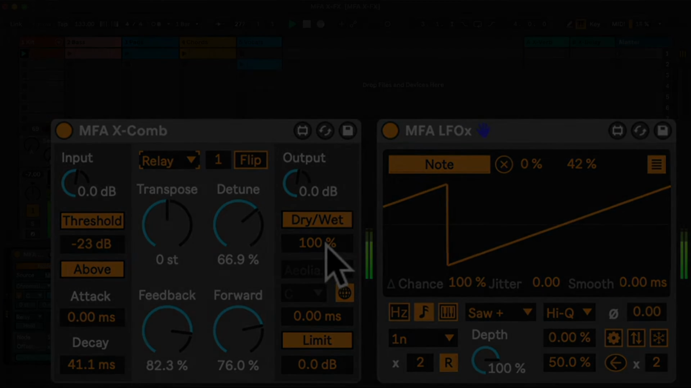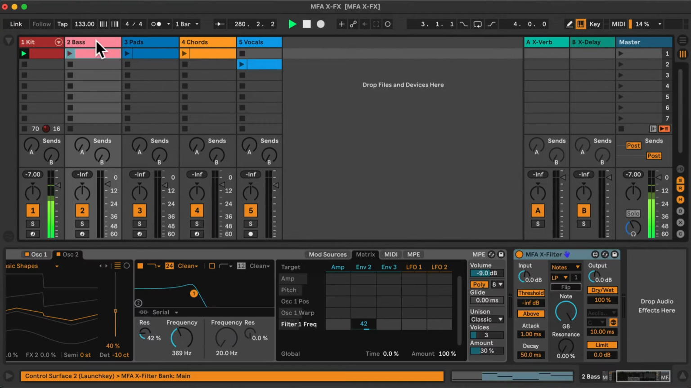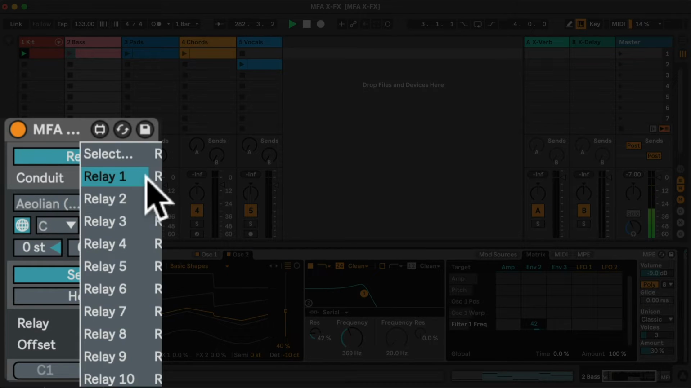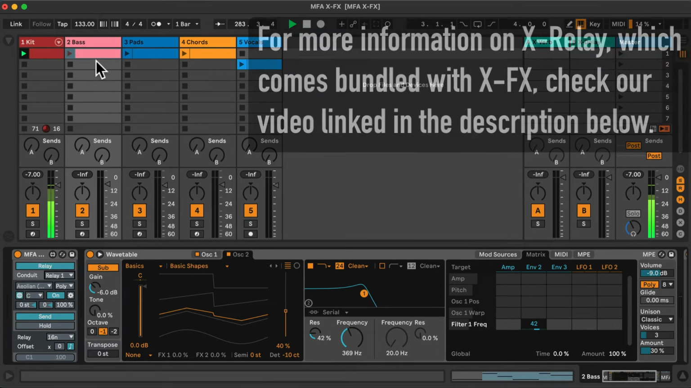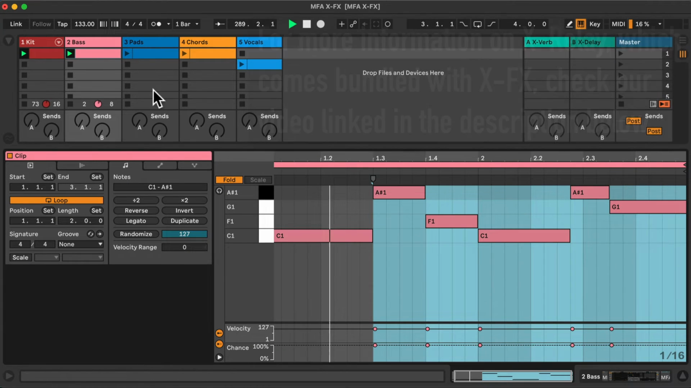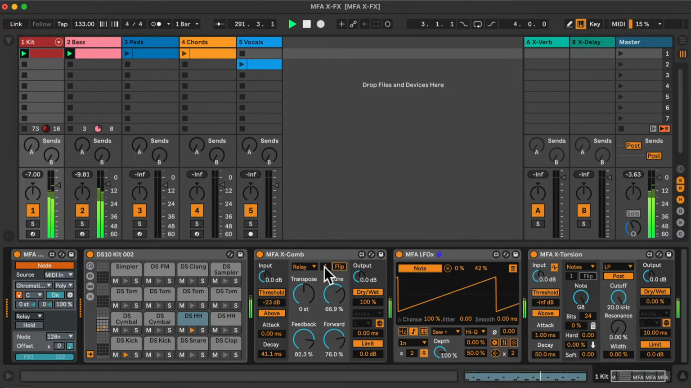Okay, and then finally, we've got the relay mode, and this is crucial. We recently released our X-Relay device, and I've got an instance of a bass track over here that's being sent on relay conduit 1. Now you can watch our full video for how the X-Relay devices work, but I've got this bass line here, and if I have this set to receive on relay 1,